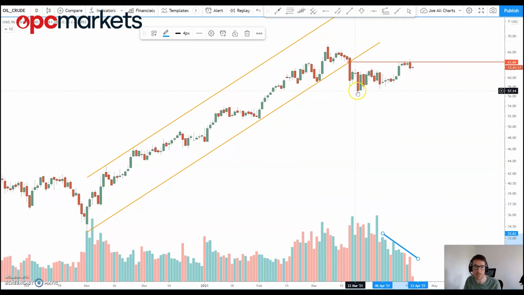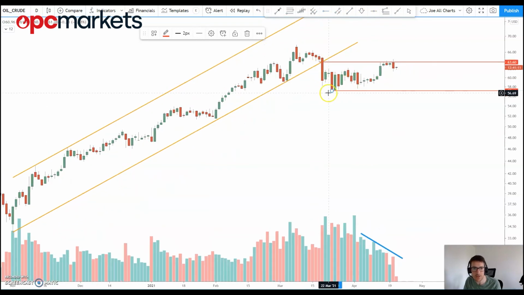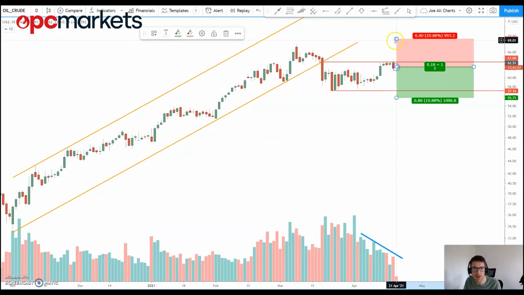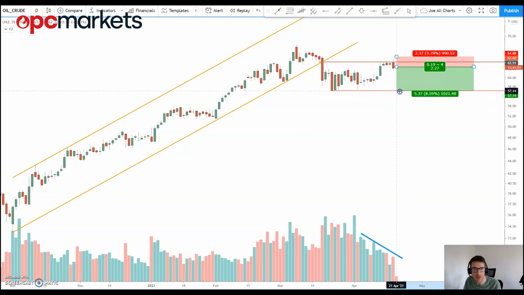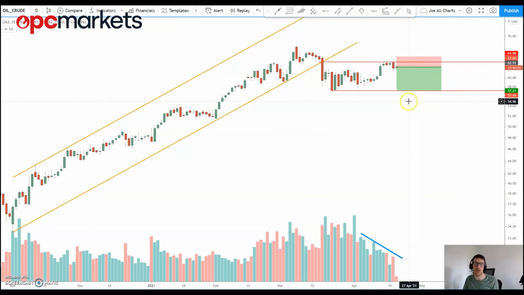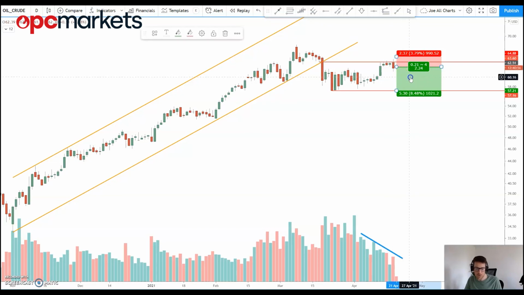In terms of targets, I'd be looking for the lows down here at around 57.20 as a short term target. So you could say we've got a bit of a small range going on here. If you were to sell here, hoping that that resistance were to hold and target a move down to the lower end of that range, then we're looking at about 2.25 in terms of risk reward on that one. So not a bad setup, but it's going to be choppy, I would have thought. So hopefully that's helped.